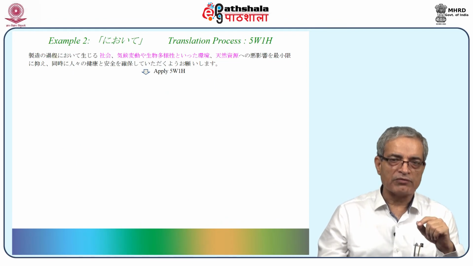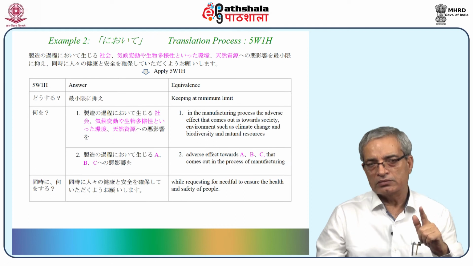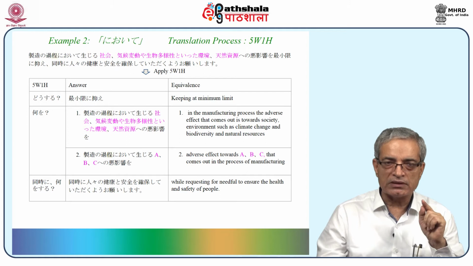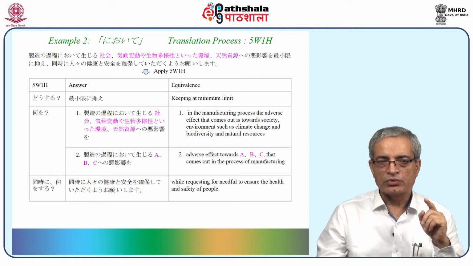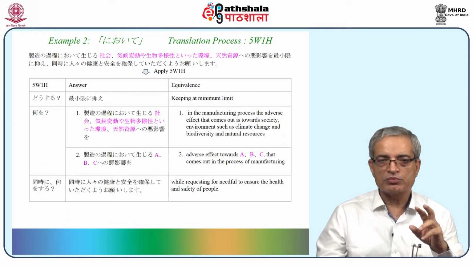And now let's apply 5W1H on this. Now it would have been better if we had retained ABCD, but if we see the table, let's go with the first question. What's the first question, Ralika? "Do suru". Okay, "sai shogen ni osai". Then "nanyo". Okay, "nanyo" is to be explained.